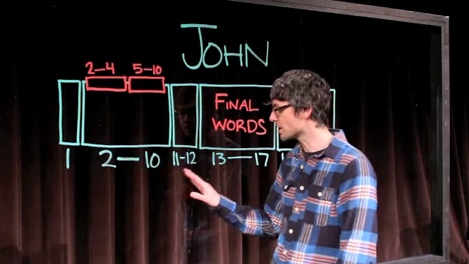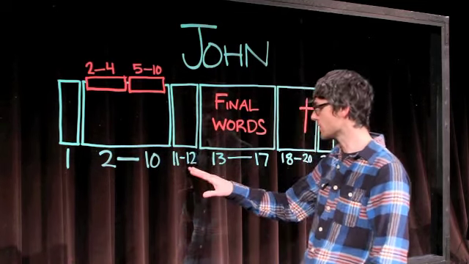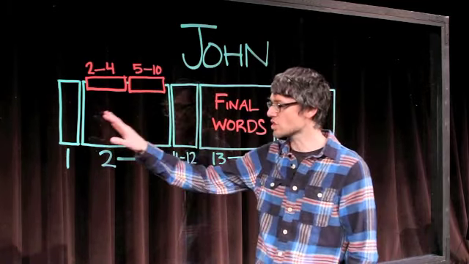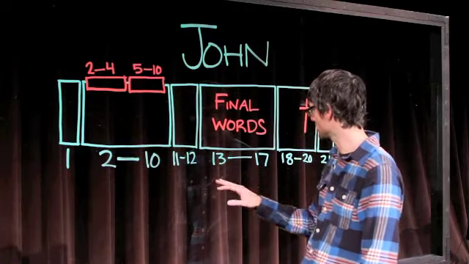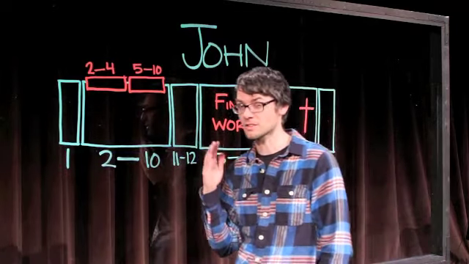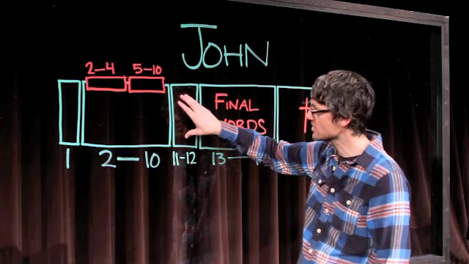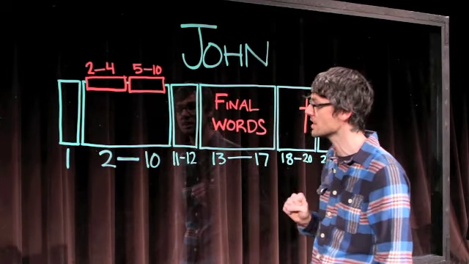And these chapters, these confrontations with the Jewish leaders, essentially set off the events that are going to happen in the rest of the gospel. These chapters summarize years of Jesus' actions. The last chapters of the book, the last half, just summarize basically like a week and a few days. And so it's this confrontation here that launches Jesus into his final week, which we'll cover in the next video.